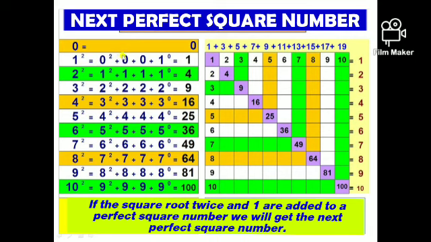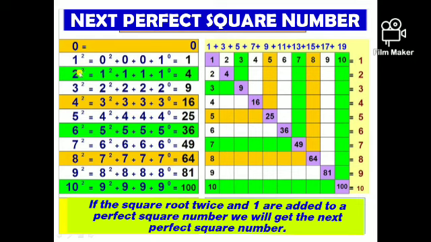0 square plus 0 plus 0 plus 1, so 1 square is equal to 1. 1 raised to 0 is equal to 1. See, the power of any number, if it is 0, the value will be 1. Here all these 0 powers are equal to 1. So we can come here.